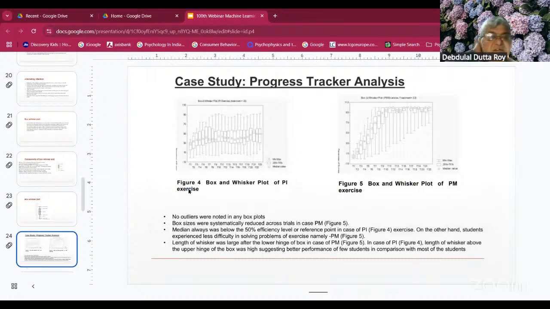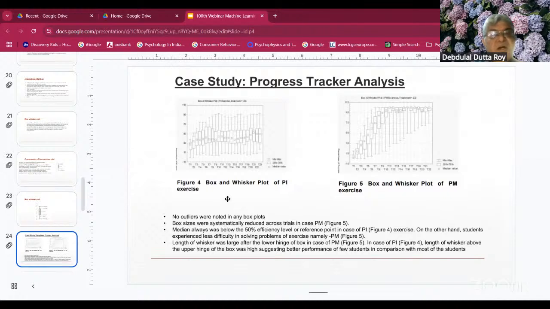Now, this is a case study. I am presenting to you the case study. I have conducted this case study with Rutgers University of USA, and they are providing training for attention development, specifically for children having some attention-related problem. It's a long history,